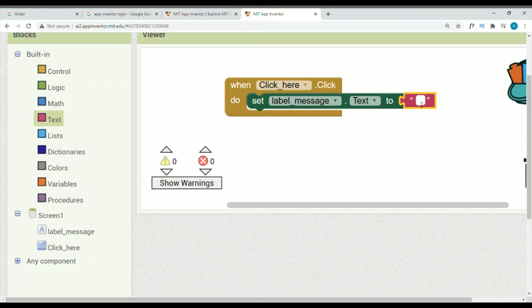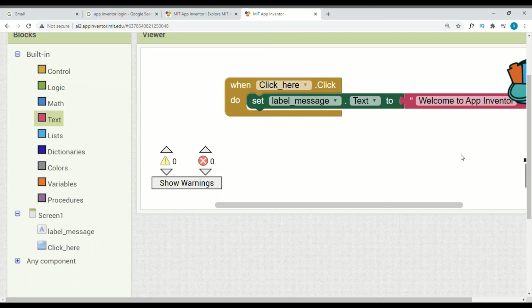So I'm going to write here, welcome to App Inventor. Just click enter. So this is how we give code to an application.